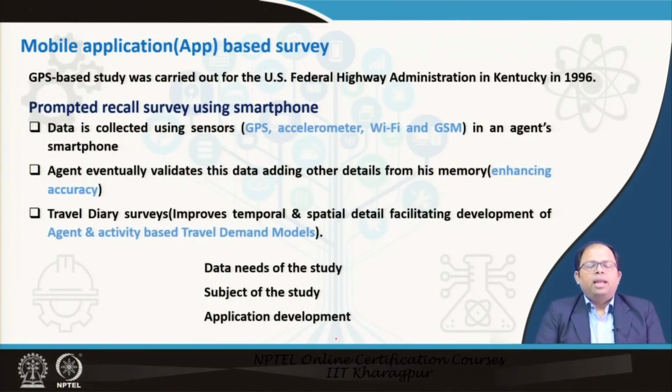So talking about mobile application based service and also a GPS based survey, we did some work in this particular area, and the first GPS based study was carried out for the US Federal Highway Administration in Kentucky in the year 1996. Before that, GPS chips were not there, and after that, we had something called a prompted recall